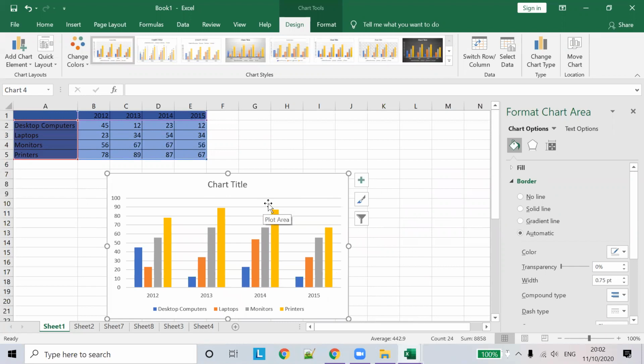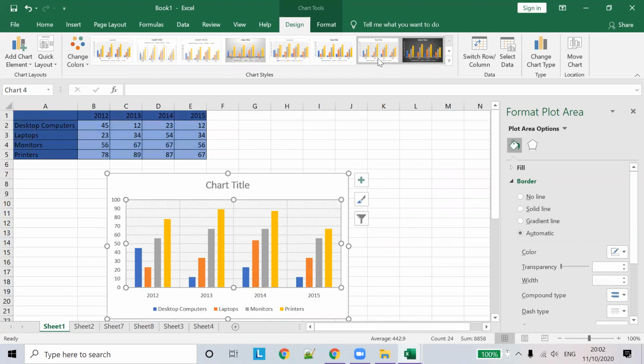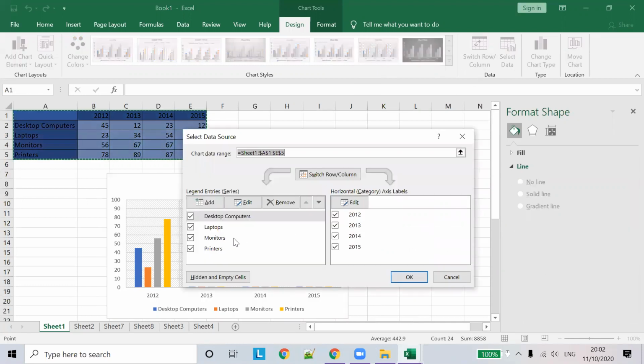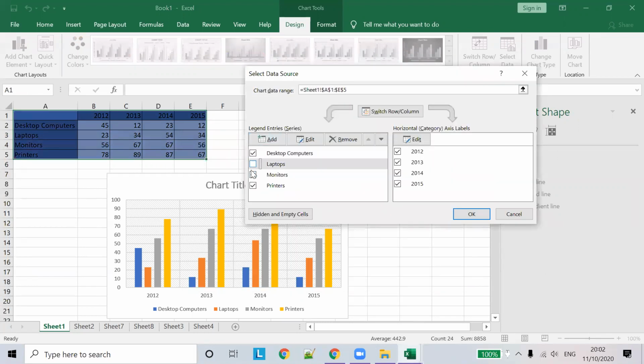So as we saw earlier, we saw how to hide and how to change the formats for those charts, and we saw how to select data. If you don't want to display laptops or monitors, you can choose from here. If you don't want to display the year 2013, we can choose it here.